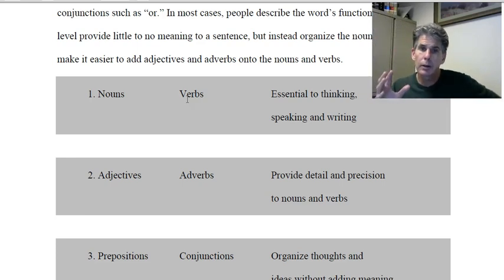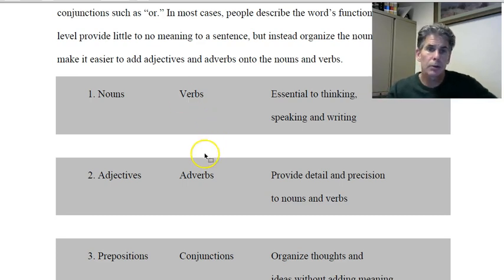Verbs are an odd little thing because they are both a form and a function. The same name gets applied to the form and to the function. So verbs, guess what? They function as verbs. And we're going to go through the nuances of them in this video, and I'll get to the other parts of speech in the next video. But right now we're going to focus on nouns and verbs and how they relate to each other. They always, or almost always, go hand in hand, and they are the core of thought, of speech, and writing.